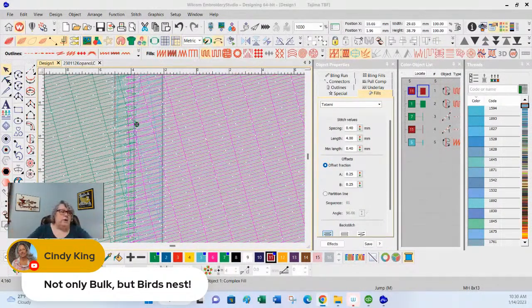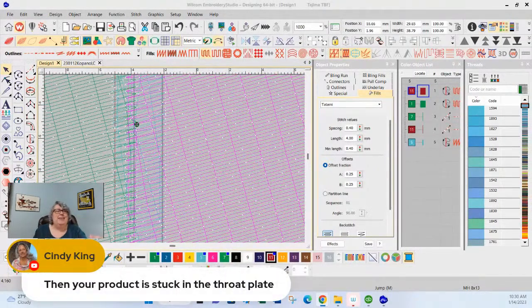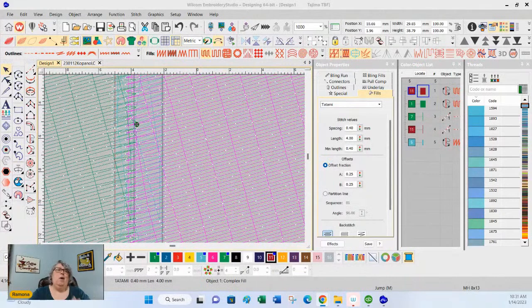So basically, that's what I wanted to talk to everybody about: why there's an overlap. And then your fabric is stuck in the stitch plate. Cindy, you are absolutely right. And then you have to get out your little knife or your scissors and try to lift it all up and cut it away. And you never cut just the thread. Your project now has a massive gaping hole in it and you have to start over. And that fabric becomes a great test piece for another job.